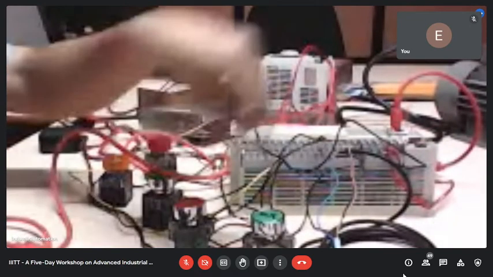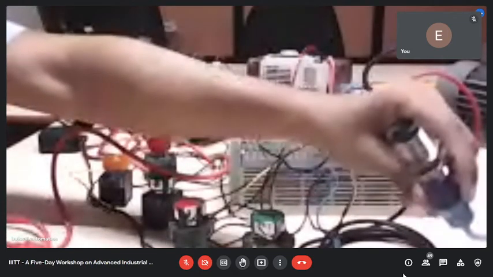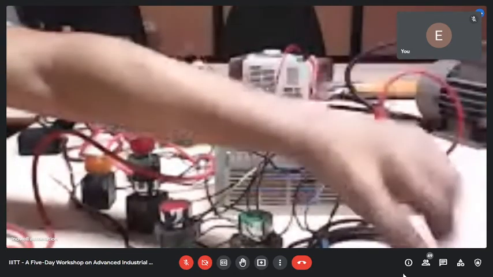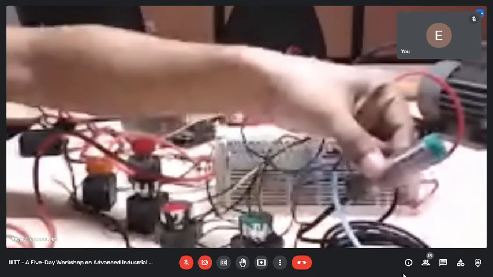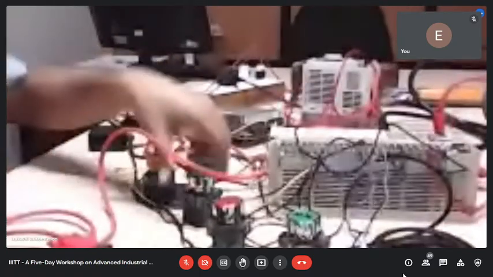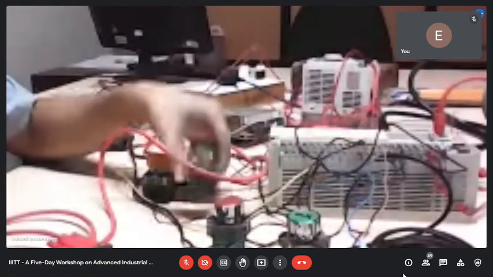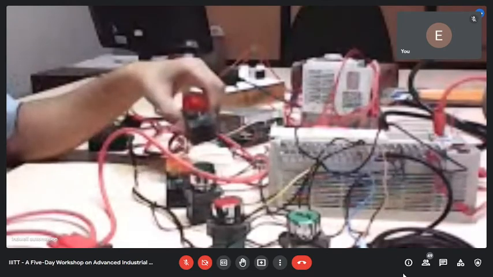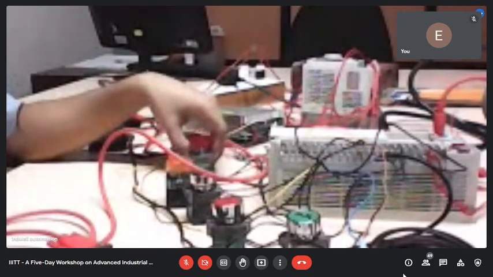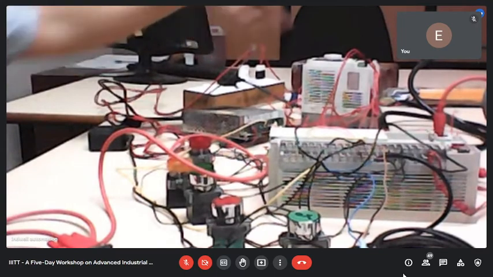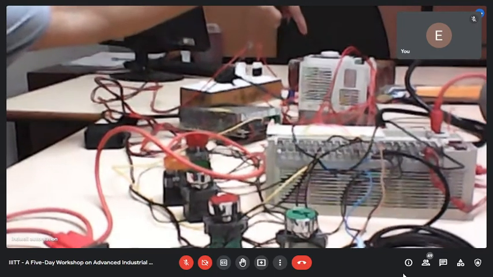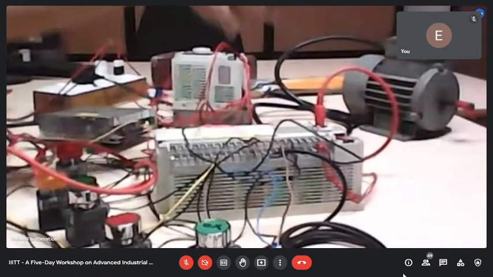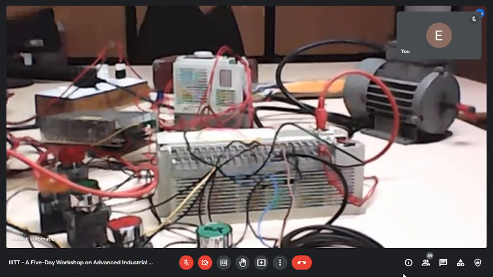Now you can see I have sensors here. This is a photo sensor. This is a photo sensor. Now this one is a proximity metal detector. Then I'll show you our indicators. Green lamp you see, this is the green indicator. This is the yellow indicator. And this is live, it is not in the video, the red indicator. And here is our SMPS. This is our VFD and you can see the motor there. That is the motor. And when we run, I shall show you.